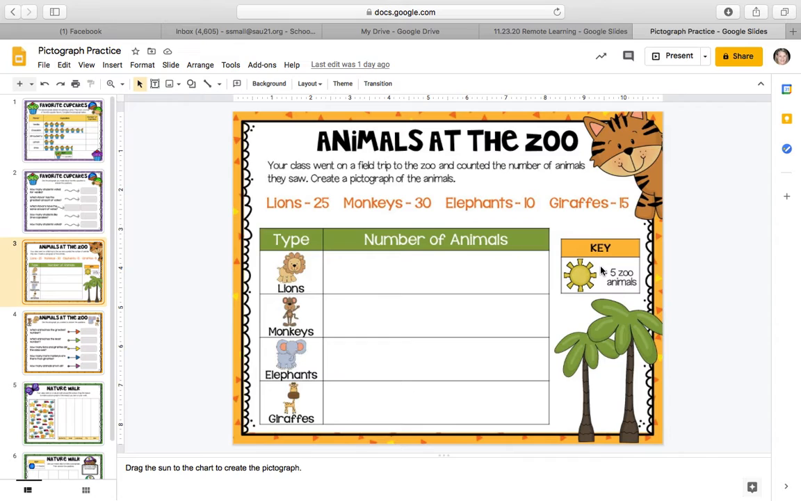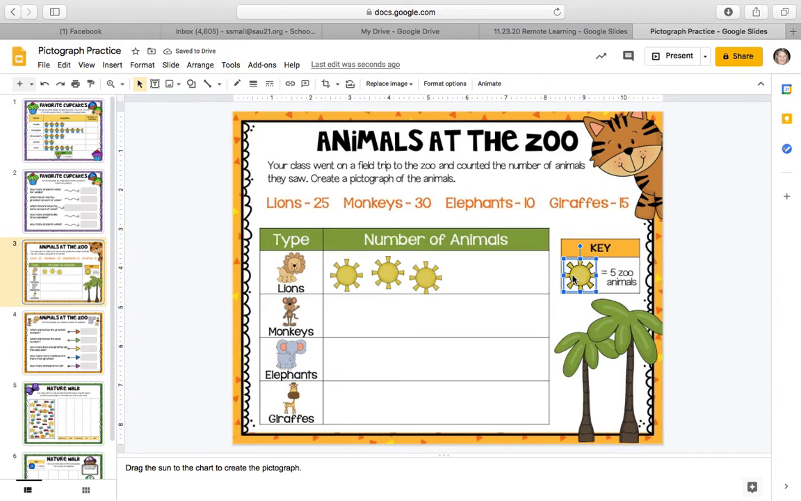So let's pretend that for lion, instead of us saying 25, it said 5. So what you would do is just come over here and drag the lion symbol over to show that there are 5 there. Okay? If it was 20 for lions, you would need to count by 5s until you get to 20. So 5, 10, 15,